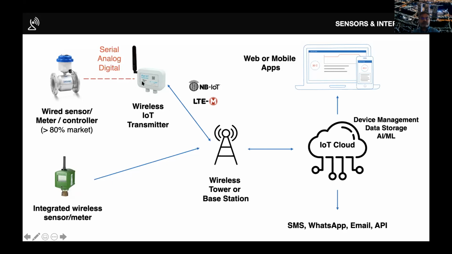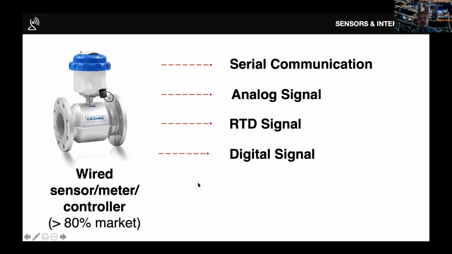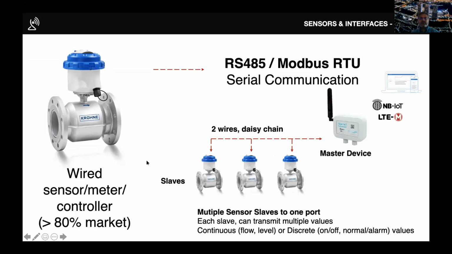Our device doesn't have any sensor in itself, but it acts like a bridge between the wired sensors and the IoT world. Quickly, I'll go through some of the types of sensors that we support. Broadly speaking, these are the 4 categories in which you'll find sensors in the market. The first category is serial communication. Serial basically means that there are 2 kinds of devices. One is the master device, which is our device in this case, and there are a bunch of slaves. The master asks the slave, what is your reading?